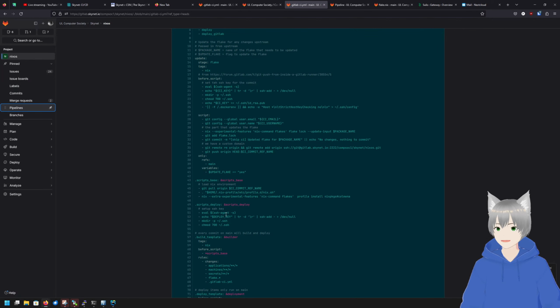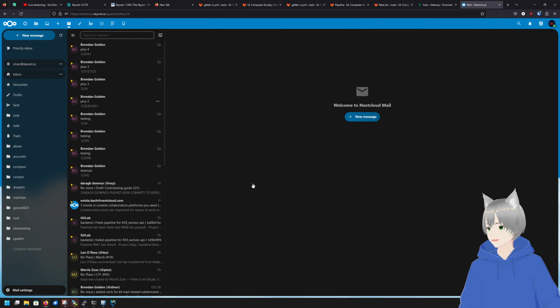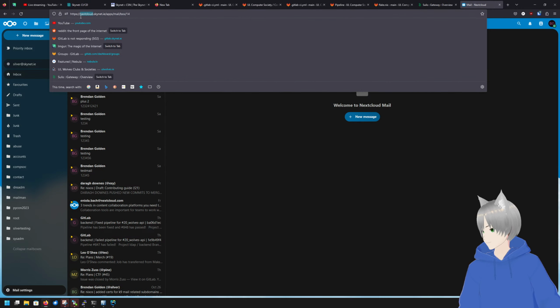So yeah, pipelines are kind of automatic. Oh yeah, now I know why I was talking about Nextcloud. So I originally had it on the server called Optimus, the game server, and the DNS was set up for that. It was pointing Nextcloud to the same IP as the Optimus server, but now it got split out into its own server called KD, and the DNS had to be updated.